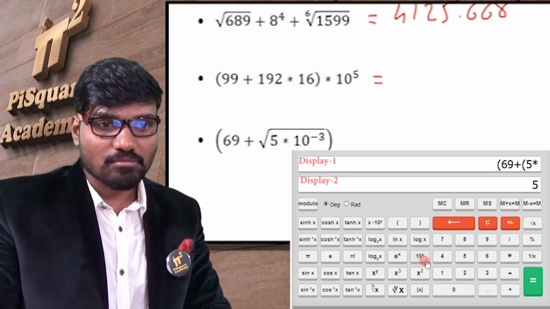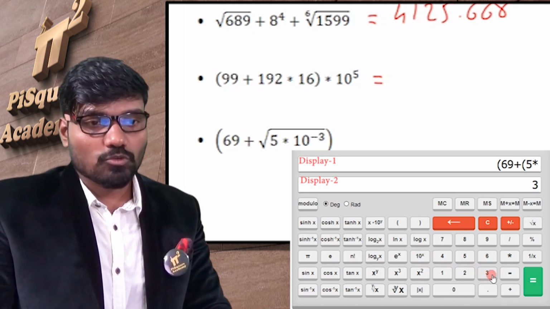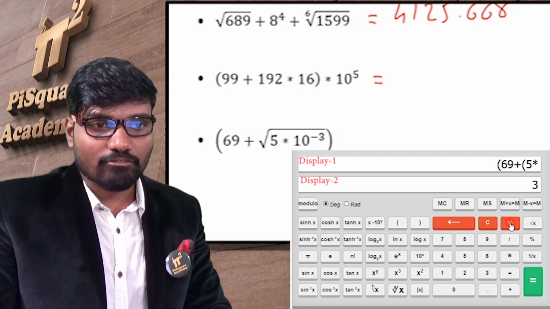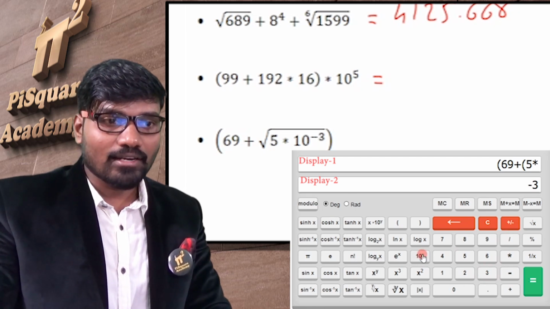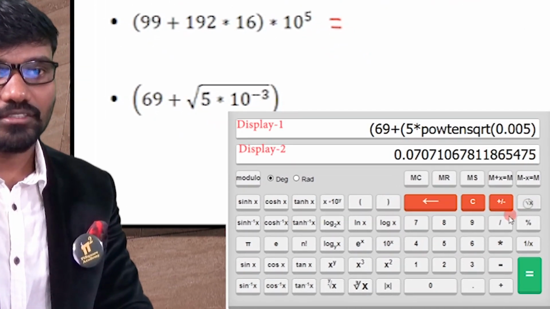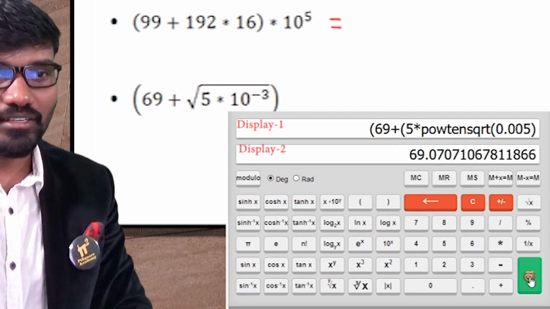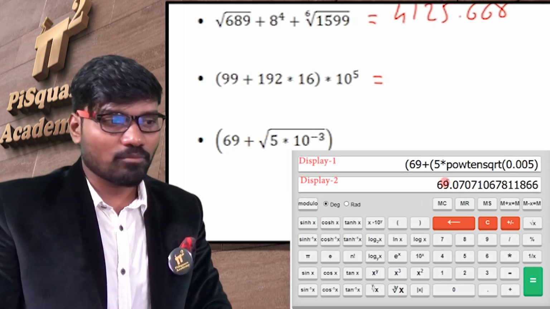x first means enter the value of 3, minus 3. I cannot enter minus 3, so what will I do? I enter 3, then I change the sign from this. Now I'll hit this. That's it. Close the bracket, apply square root. This is the initial result, not the final result. For the final result, at least double click. Okay, the final result is